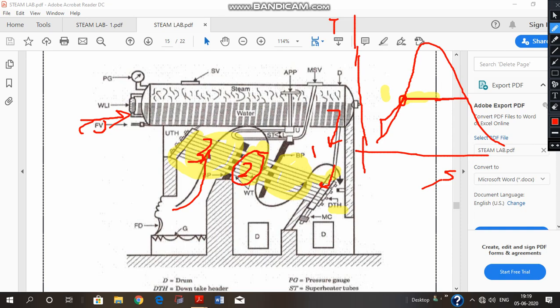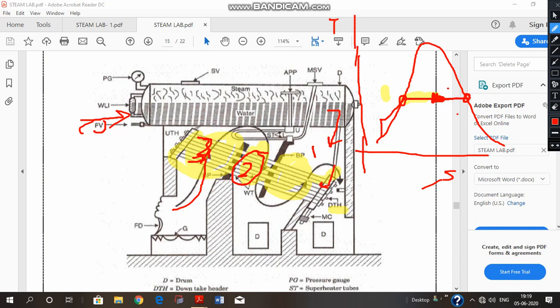Now we can say, as the water moves towards the right hand side, the quality or the dryness fraction goes on increasing, and a greater amount of steam is produced. As it reaches the point 3, now we can say water is in the saturated vapor phase. This is the point number 3. Of course, now it is in the saturated vapor.